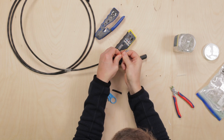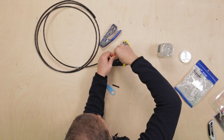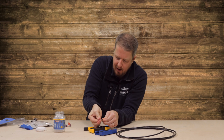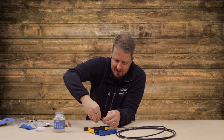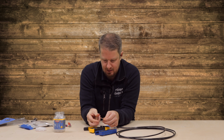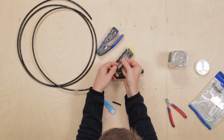So you can kind of then roughly get them in the right order and just straighten them out with your fingers. Now, I would love to know from you guys who do data day in and day out if you've got any tips to speed this up, because it already feels like a bit of a tedious process to me. It's quite long and drawn out just to get to the point when you can actually crimp